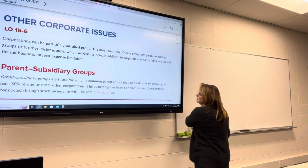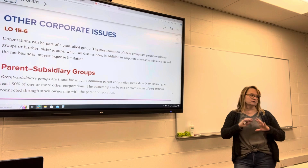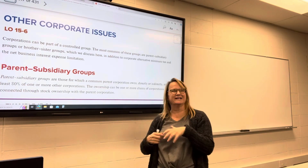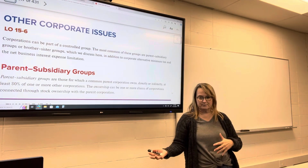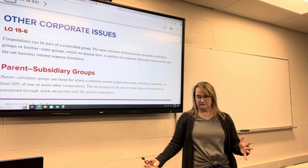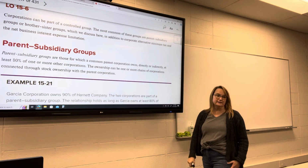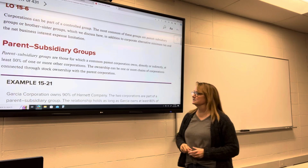Right, so in this section, we're going to talk about groups of companies that are controlled maybe by one company, or kind of equally controlled, like subsidiaries, where one company controls another company, and the treatment of those depends upon how much of the subsidiary is being controlled. So parent-subsidiary groups, this is where there's a common parent corporation that owns either directly or indirectly, and it can get kind of complicated when you're talking about indirectly, at least 80% of one or